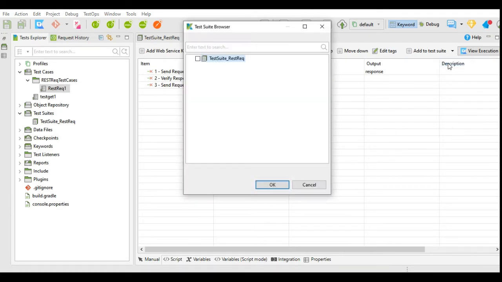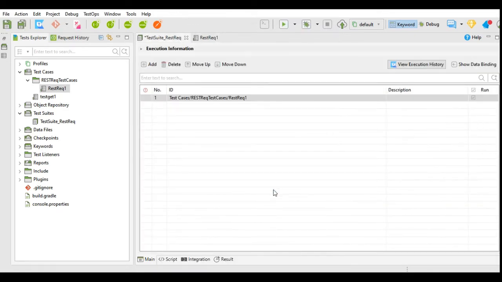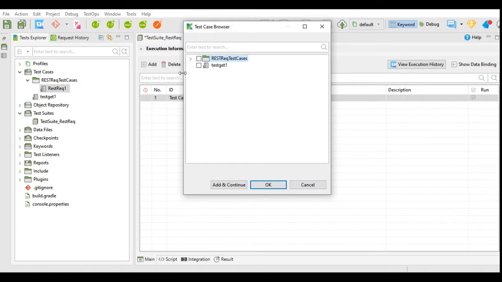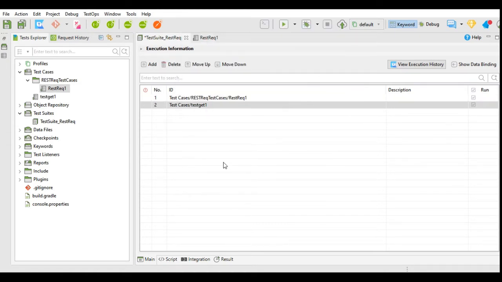If I click on add to existing test suite, I will get the recently created test suite name. I will select that test suite name and click OK, and the test case has been added to this test suite. Or if you want to add the test case from here, I will click on add. I will select this test case and I will add to this test suite.